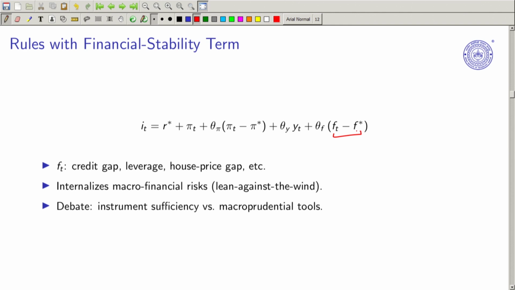But what is good about this is that it has a reduced form setup. So if you are interested in econometrics or statistics, you can run the regression and find out, because this is not an identity, this is an equation. Equations can be estimated, right? And theta pi and theta y are in that respect very easy. And then here we have r star, and here we have pi t, and theta pi times pi t minus pi star. So this is what we also mentioned.